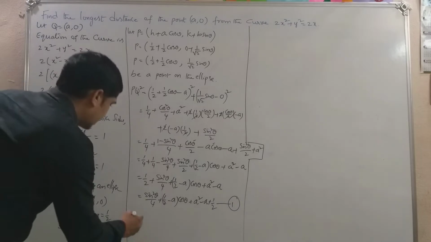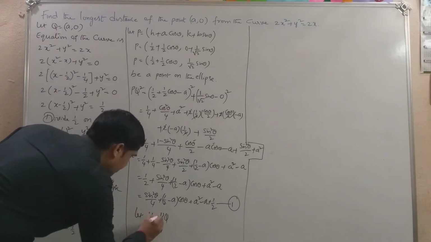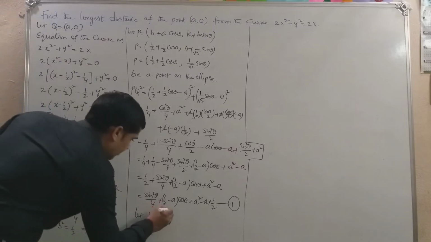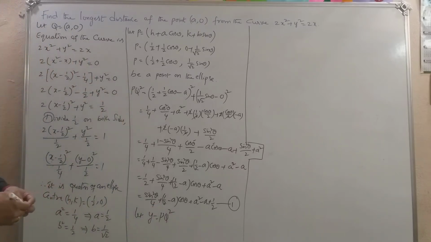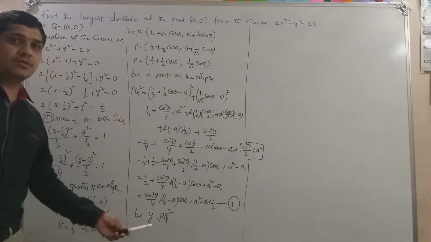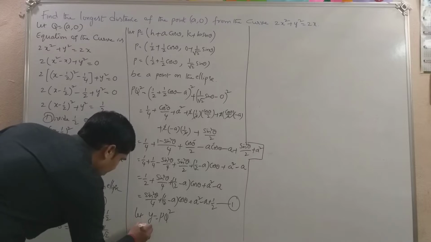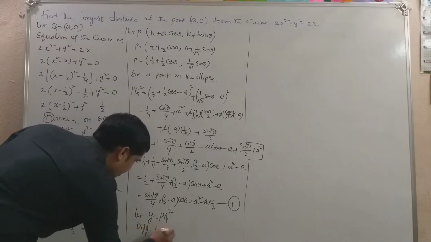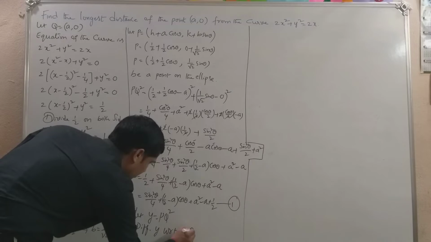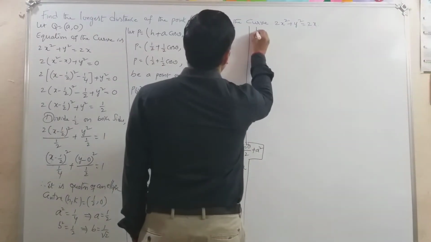Let me take y is equal to PQ square. To find the maximum distance, I want to derive y with respect to theta. So differentiate y with respect to theta. Then dy by d theta is equal to